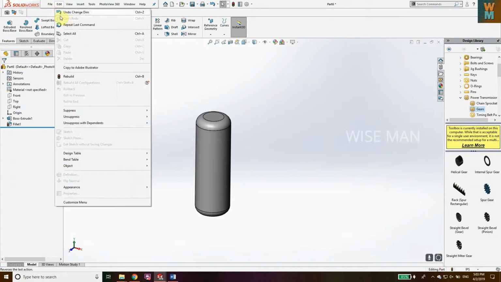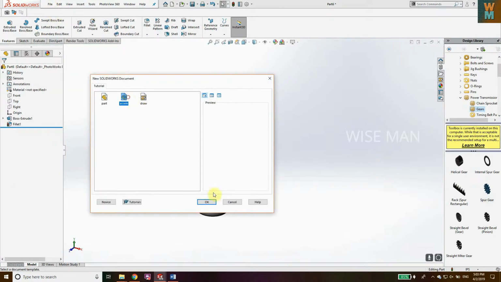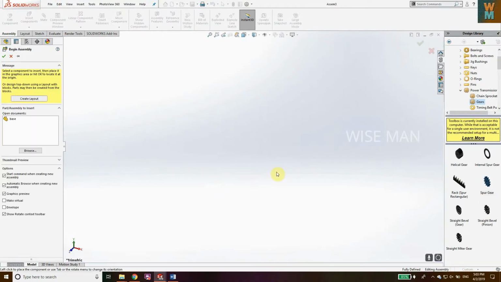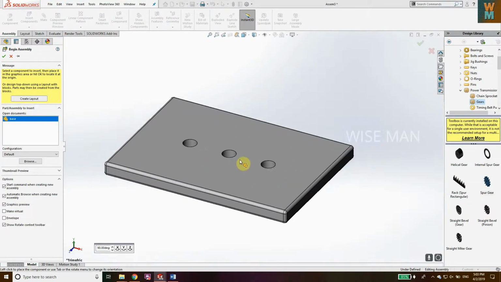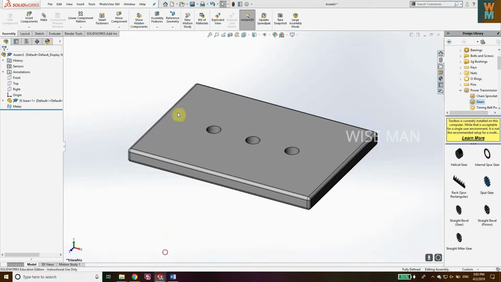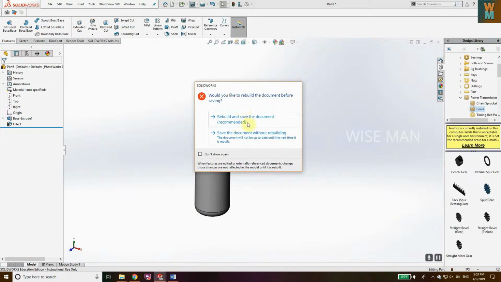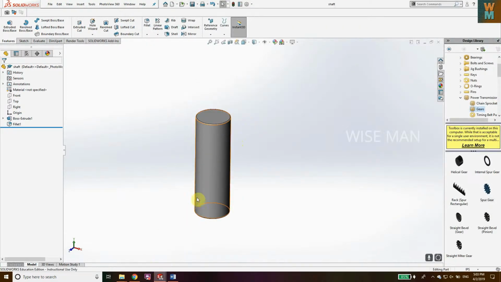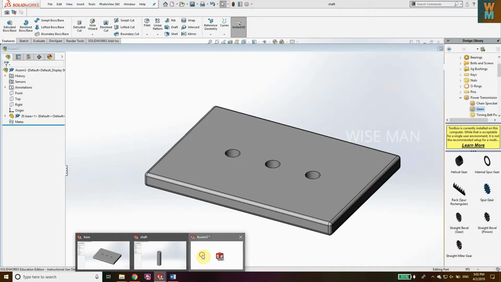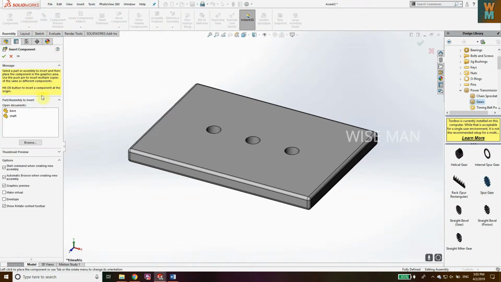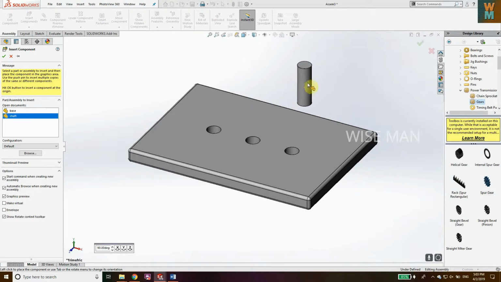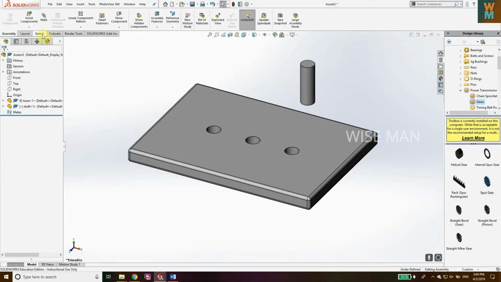Now we are going to assemble this. Go to file, click on new, assembly, click on OK. Base, click on here. I think I haven't saved the shaft, so save it. And if you save it, you can insert the component here like this, and we want 3 shafts. So select the shaft, hold the control key and drag it